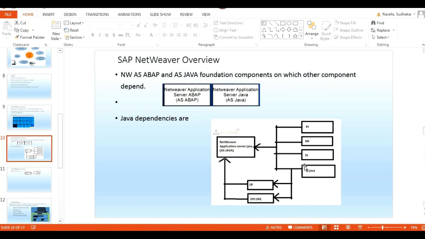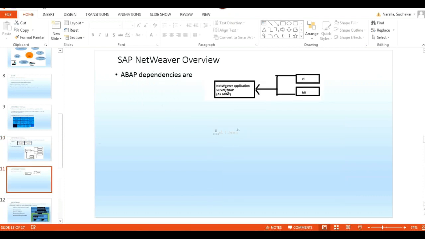Means when you are installing BI Java, DI, MI, PI, it will install based on AS Java. These components are installed based on AS Java. If you are talking about AS ABAP, my PI and MI are dependent on AS ABAP.